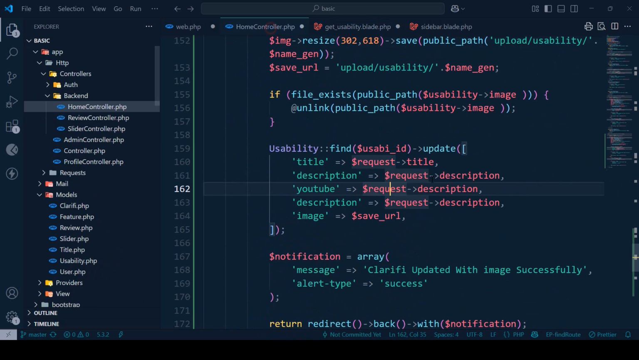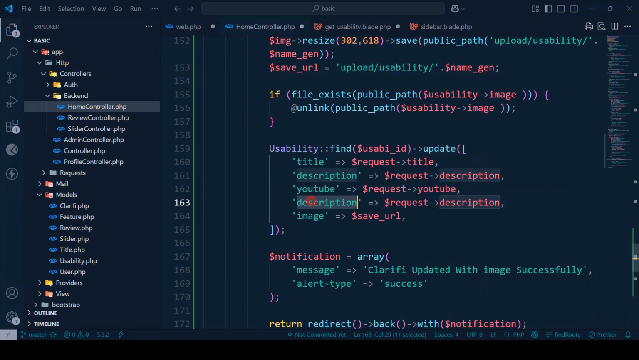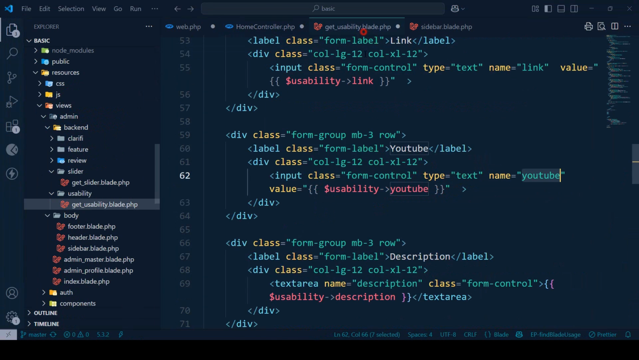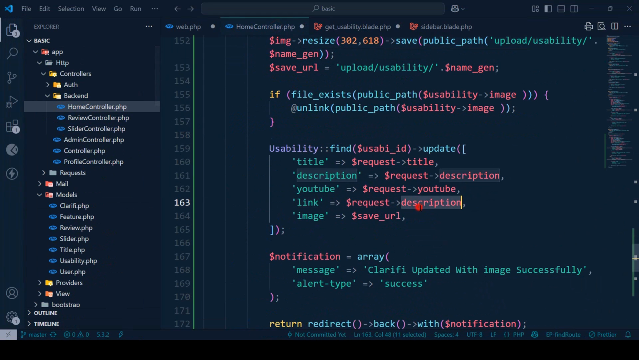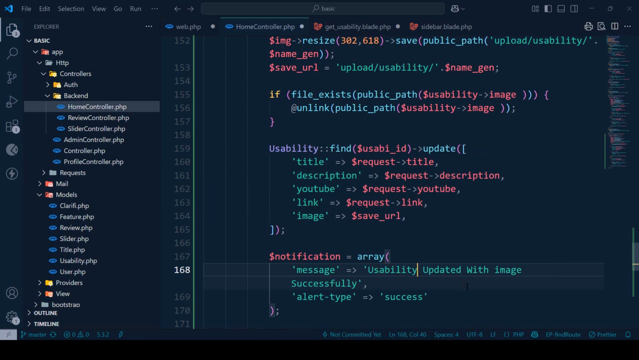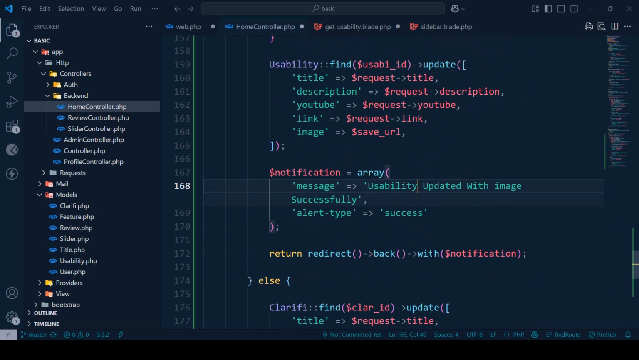Now that will be our requested field name, YouTube. And another one is a link. I copy it. Now that will be a link, and our requested field name here I also name as link. Right, so that should be a link, and image will be our save image. Fine, and that should display our message: usability updated with image successfully, and return redirect to the back